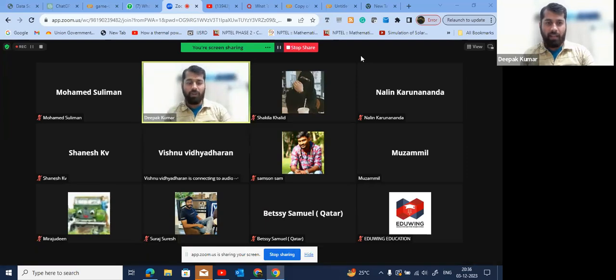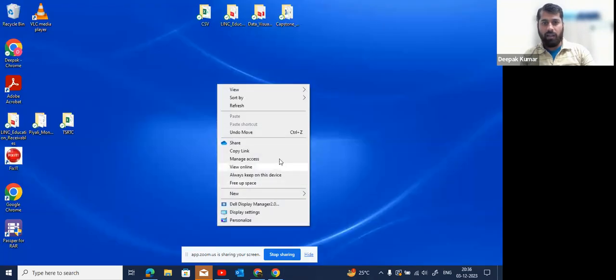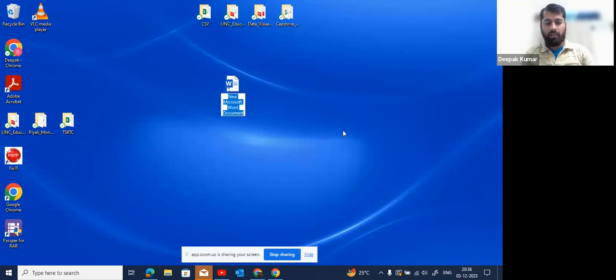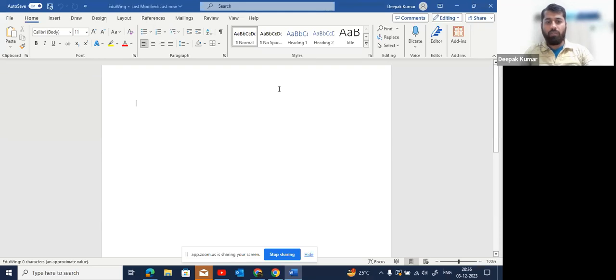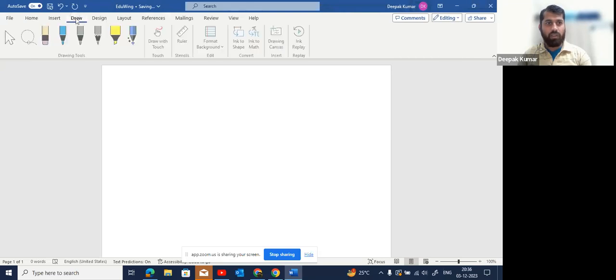Microsoft Word document. Has anybody explored that feature? Say if I come to this and make a new Microsoft Word document, say I write the name Eduwing, and I open it. This is the Microsoft Word where we all used to type, yes or no? Yes, sir. This is also now being converted into a drawing board,